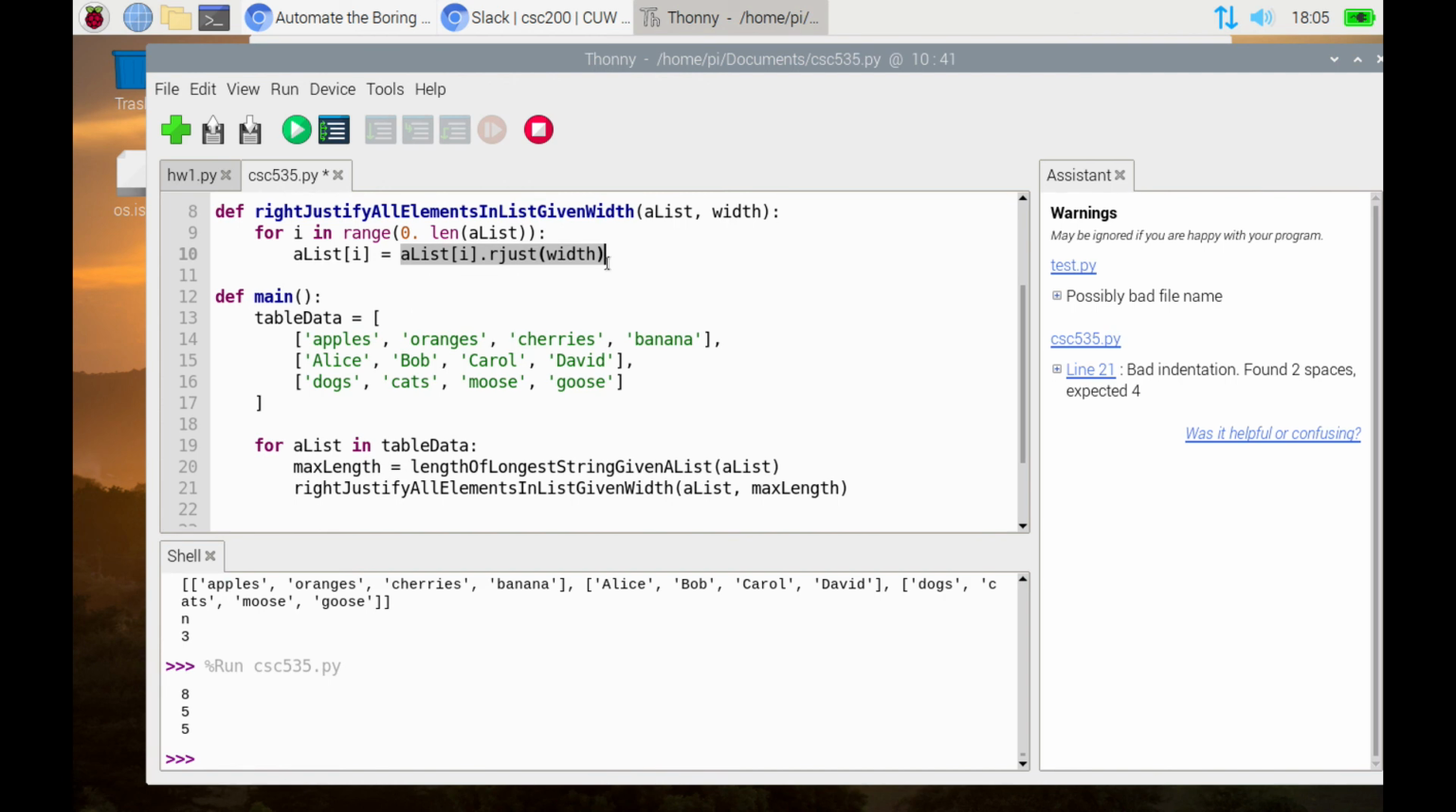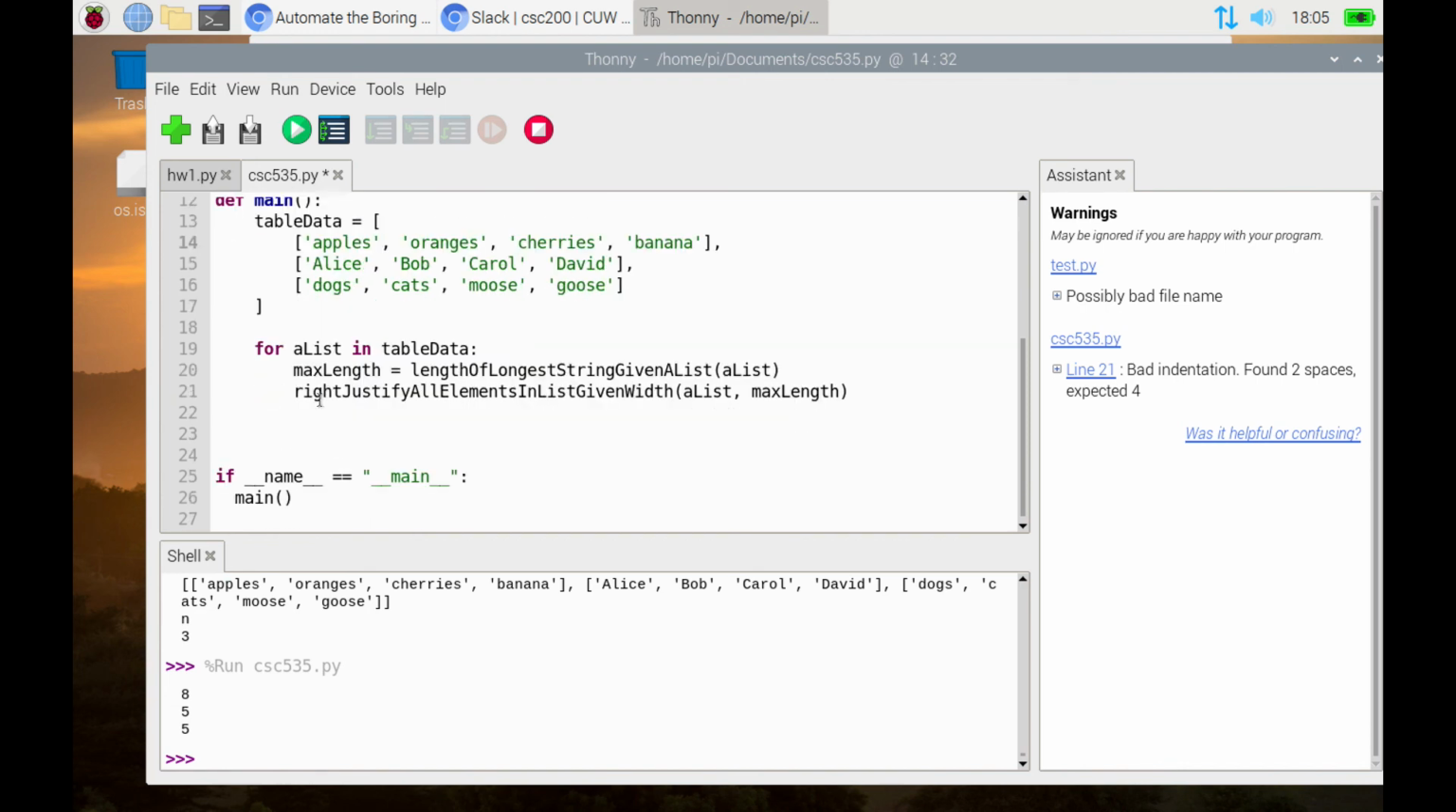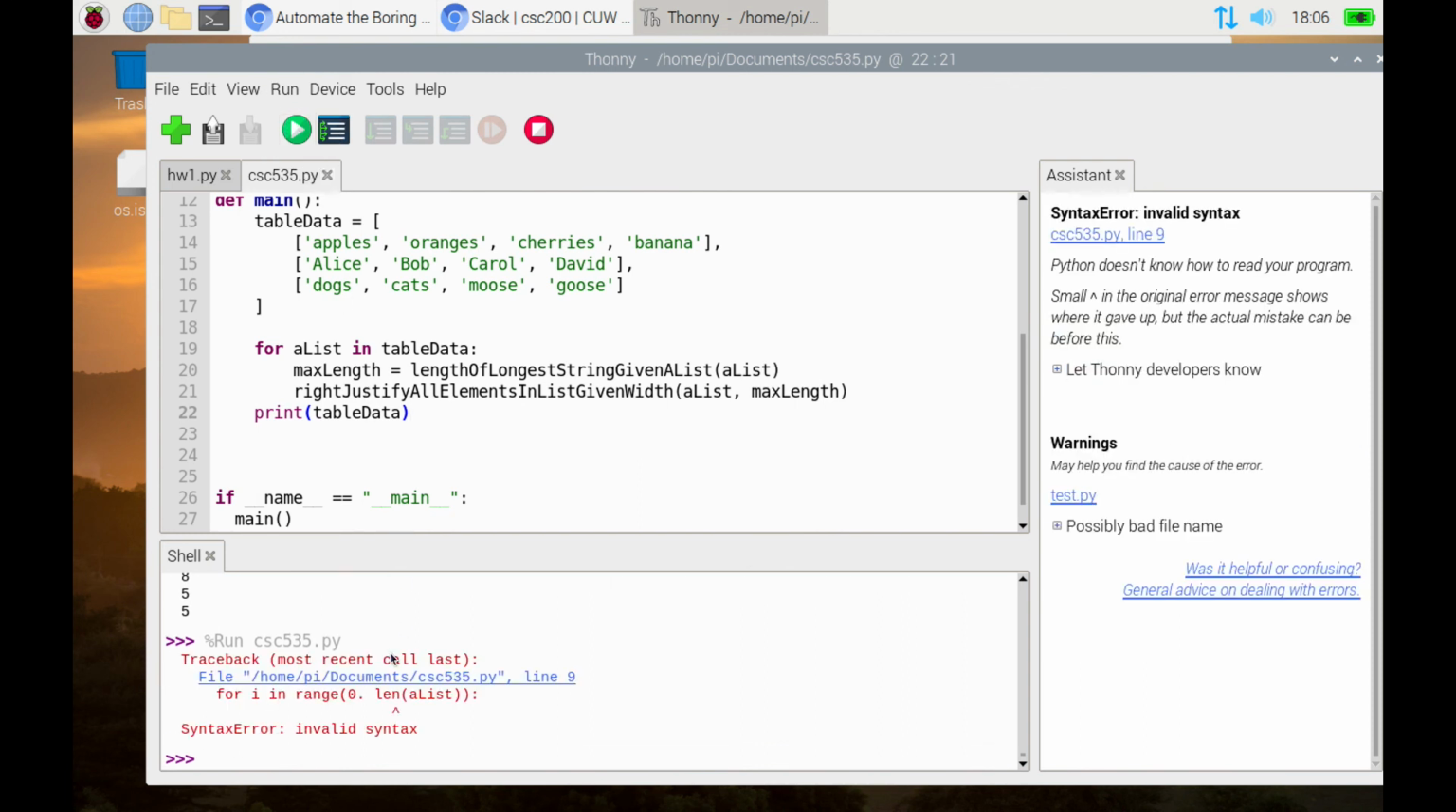Make sense? All right, so down here, what am I doing? I'm going through every list in my list of lists. I'm going to go ahead and calculate the max length of the current list. That's what this guy does. Then I'm going to tell that list to go ahead and right justify itself to that max length. If I were to then come and print out table data after this,